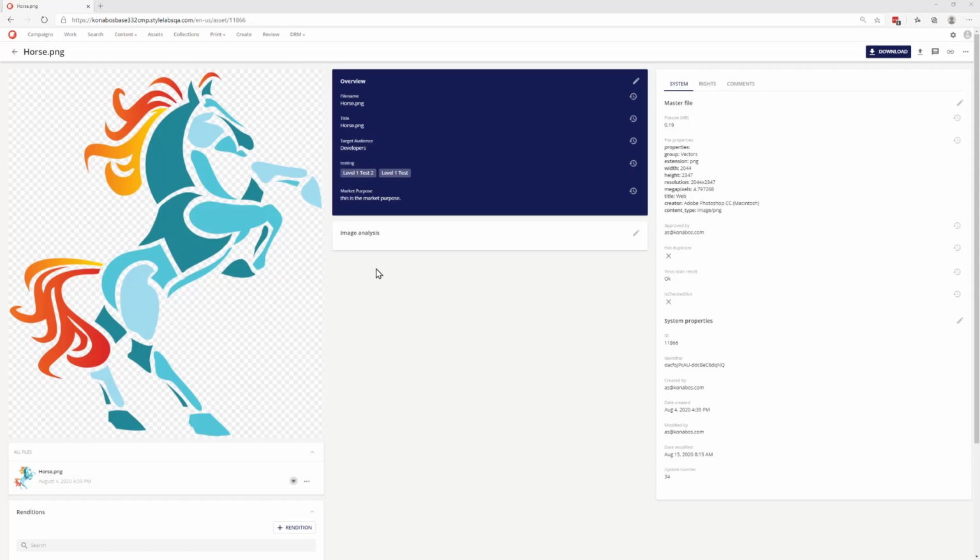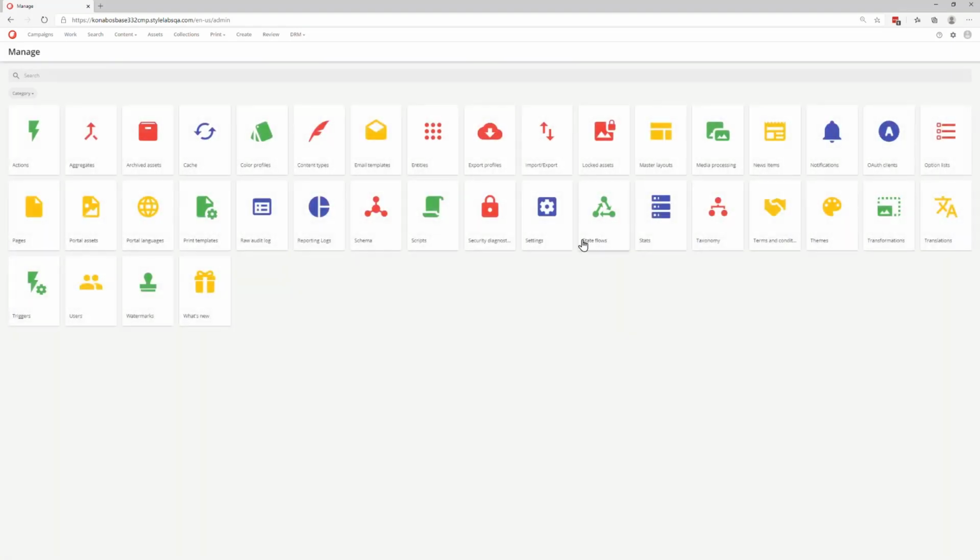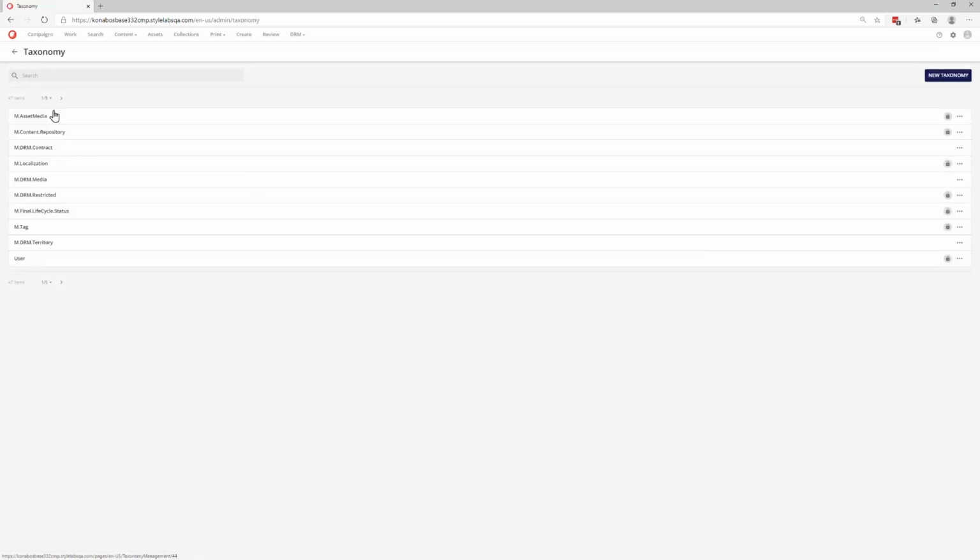Next, we'll look at the cognitive services for media processing, which generates metadata for us. So, for instance, the colors, the tags, and description of an image. It helps us hydrate more information about an asset automatically as part of media processing. So in here, the asset type really determines if we process the cognitive services. So if we go into type